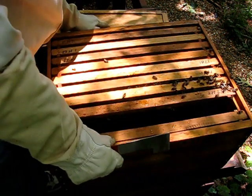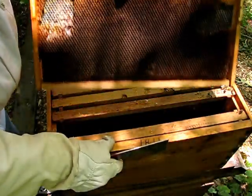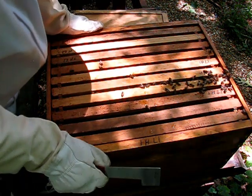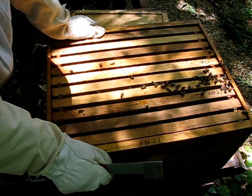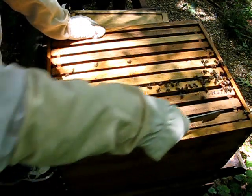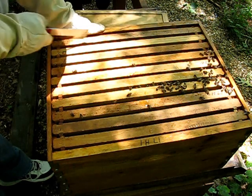Okay, we're snug. Well, it's not a total loss. There's eggs in there. There's signs of growth. There's also signs of, unfortunately, some pesticides. So somebody in the neighborhood is fertilizing in their yard or killing bees with either fertilizer or